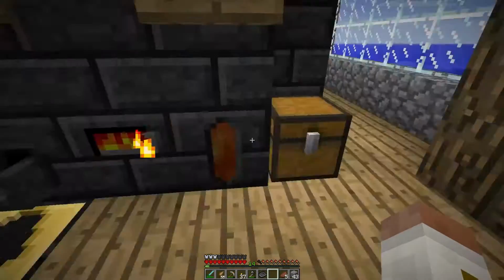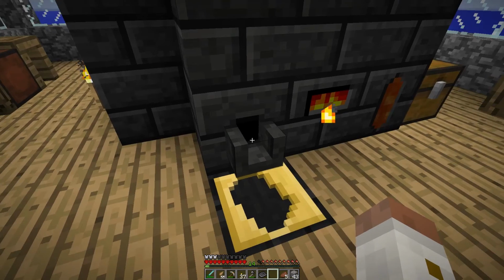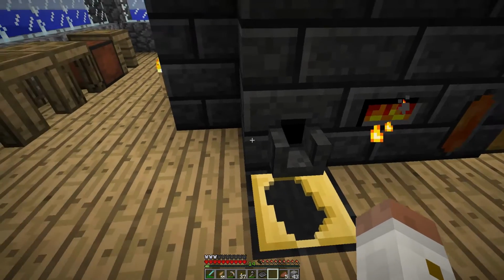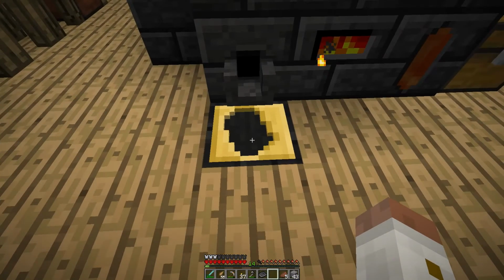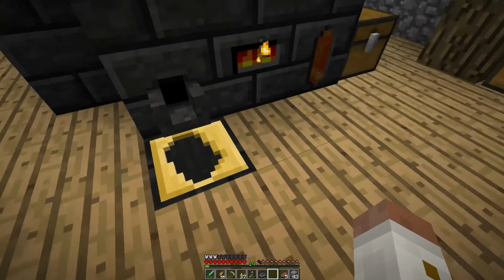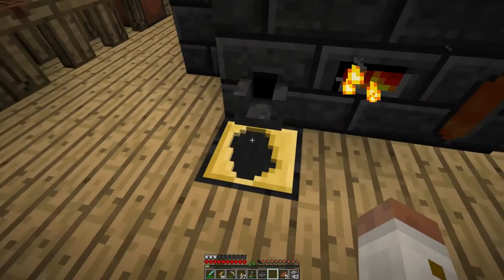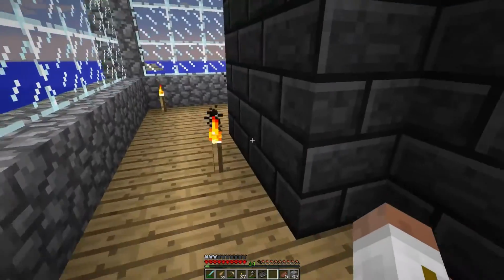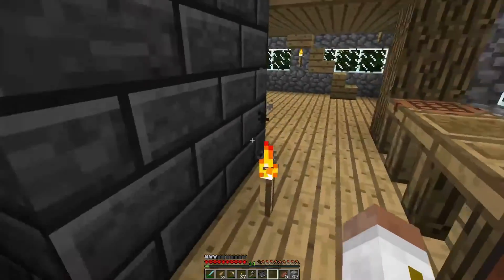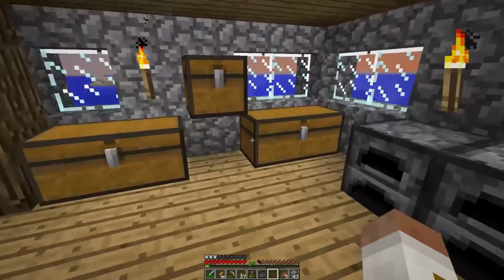Now here's the trick. This is where I wish we had more gravel, because what I would normally have, I usually like to have the ingot one up here. I'll make my tools up here. It's just quick and easy. If I just need to get a little something out, I can do it here. Then what I'll do is around the sides and around the back, I will put in